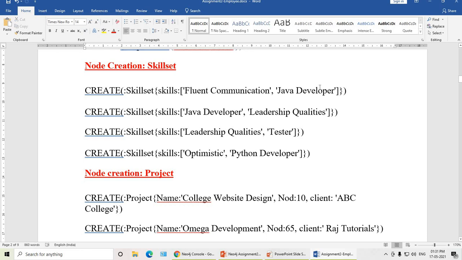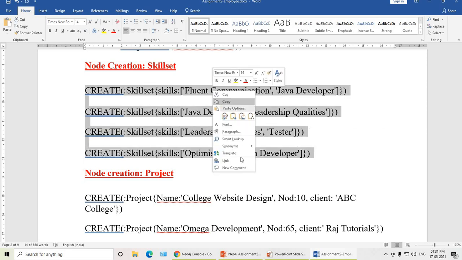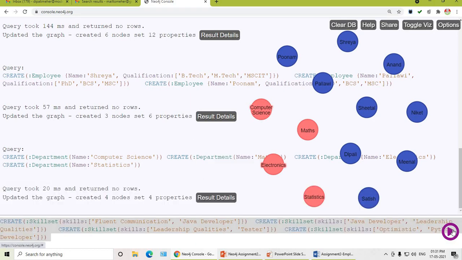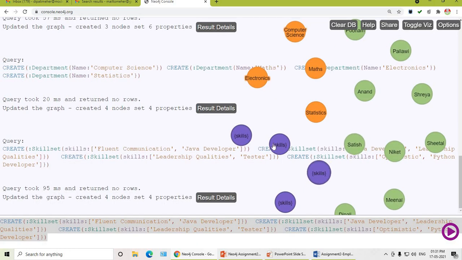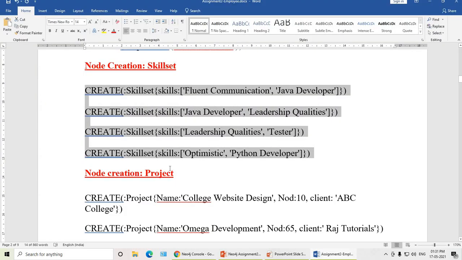So fluent communication, Java developer. So 2 skill sets acquired by one employee. You can take many more, but for simplicity and understanding I have taken only a set of 2. So let us create the nodes for skill sets. You can see the skills will not be displayed as such. It is an array, so it will be displayed within opening and closing square brackets.